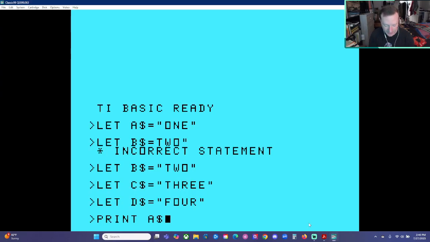Print A string, comma, B string, comma, C string, comma, D string. So as predicted, we're going to have A string printed on the left side of the screen, that's 1, B string on the right side of the screen, 2. Then it's going to move back to the left side of the screen. That's what the comma does, it tabs you over to the next column, but there is no column, so